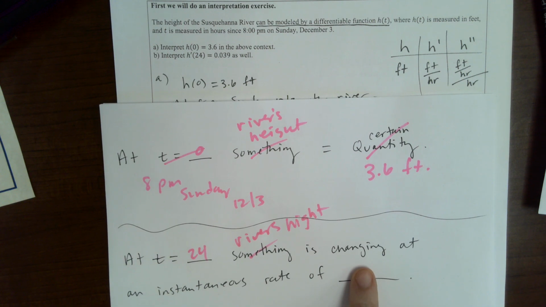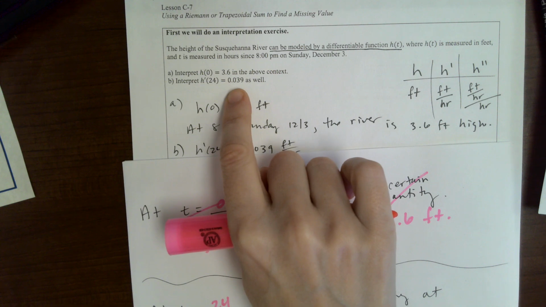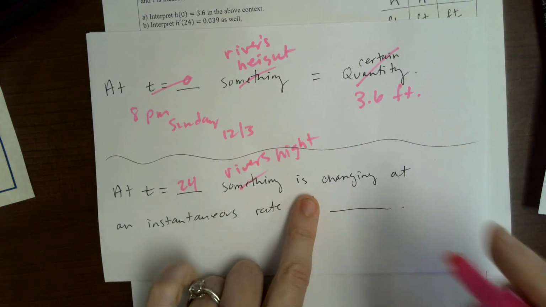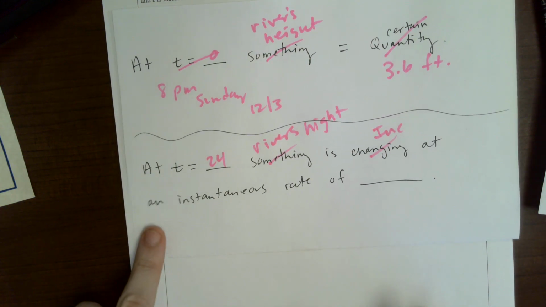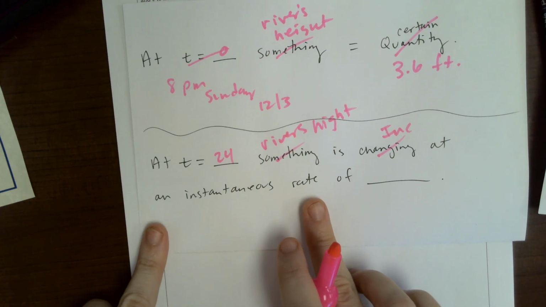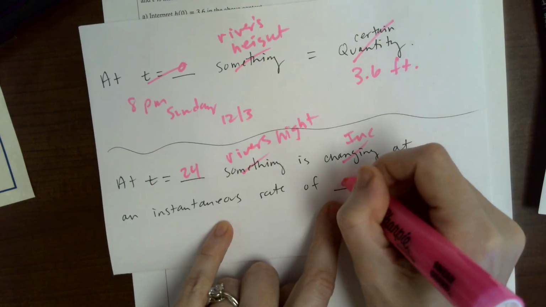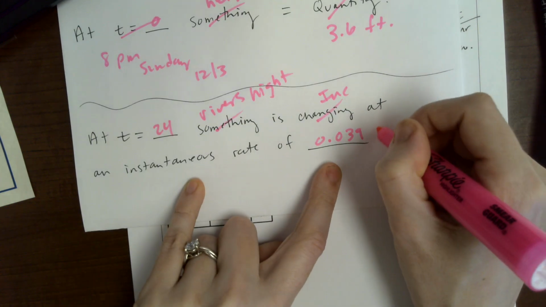The river's height is, since we have a positive rate of change indicates an increase, so the river's height is increasing at an instantaneous rate of 0.039